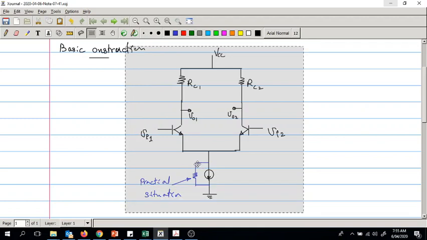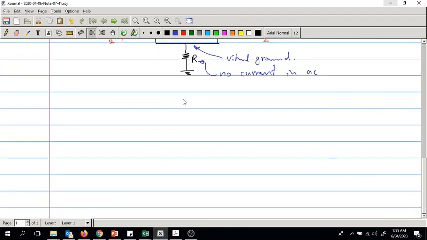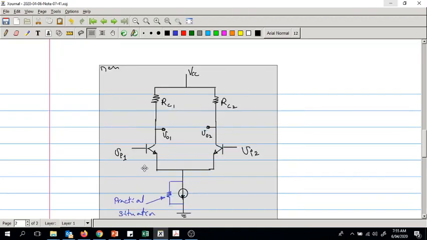So if you take this circuit again, after considering all these symmetries, let's go to a new page, that would be easier for us. So this is